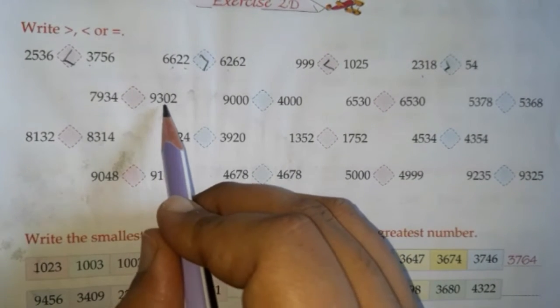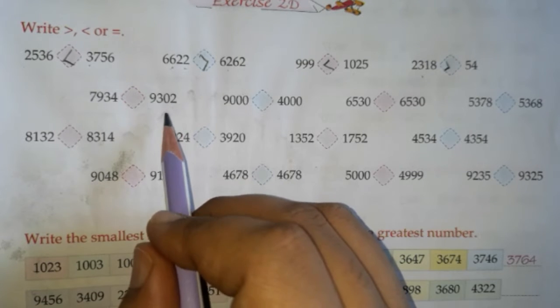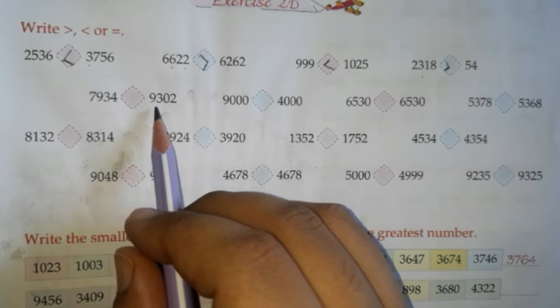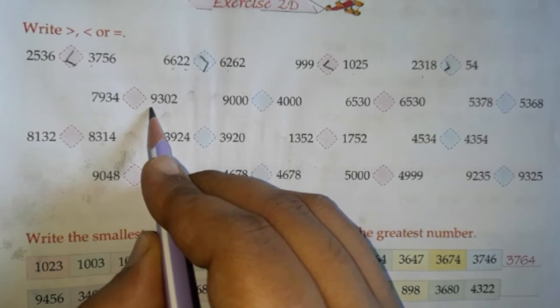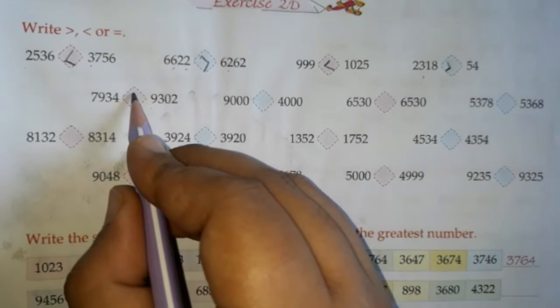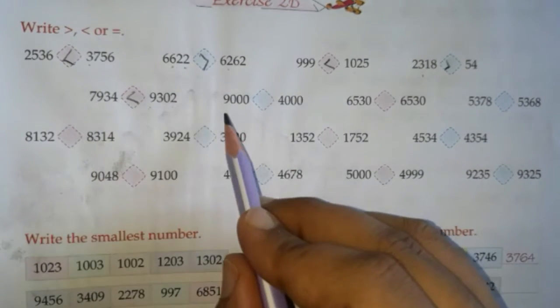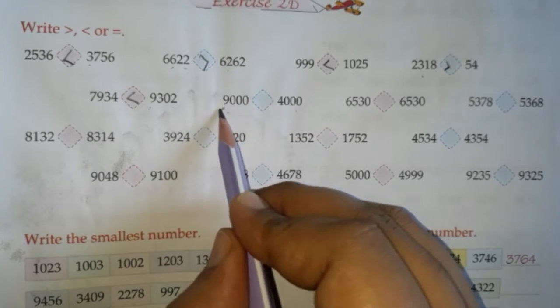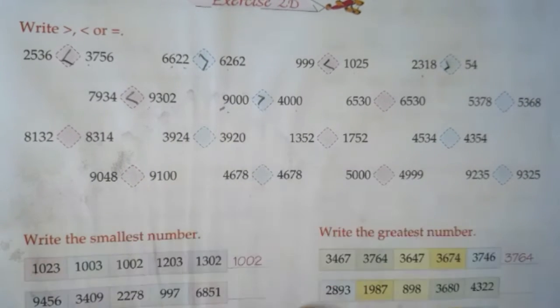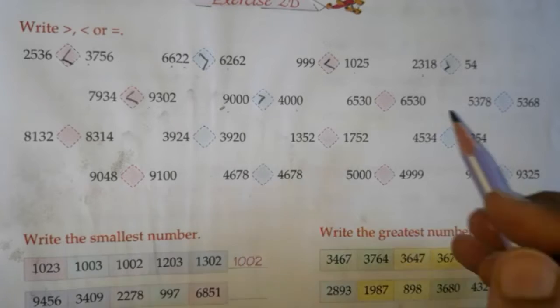7934, 7302. We'll go for the first digits in the numbers. Here it is 7, here it is 9. Which one is greater? 9 always. So this number will be greater. This is 9000 and this is 4000. Again we'll go for the first number, 9 and 4. 9 is greater, so this number will be greater. Here